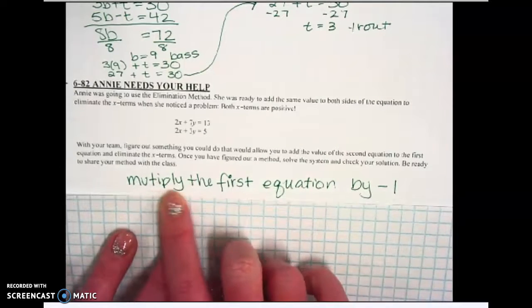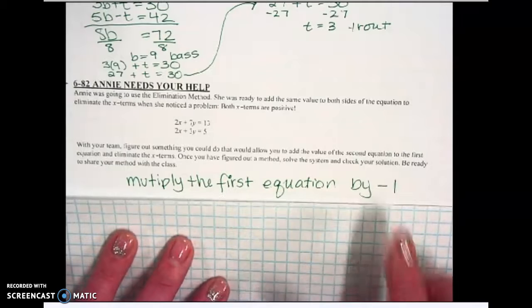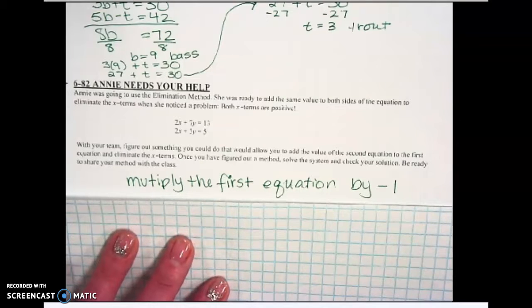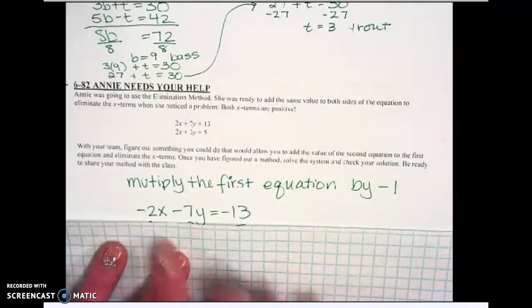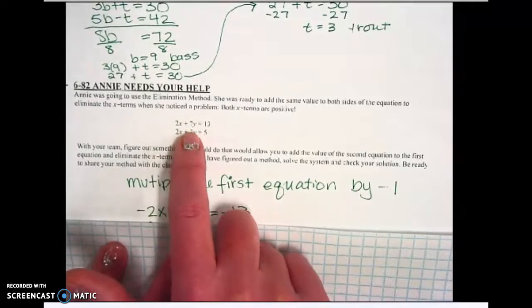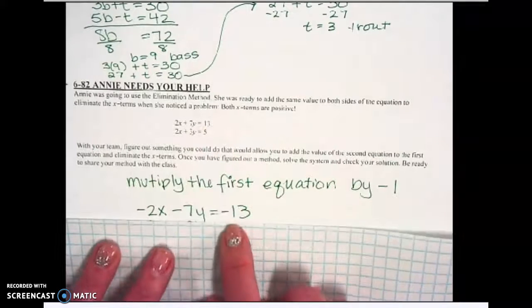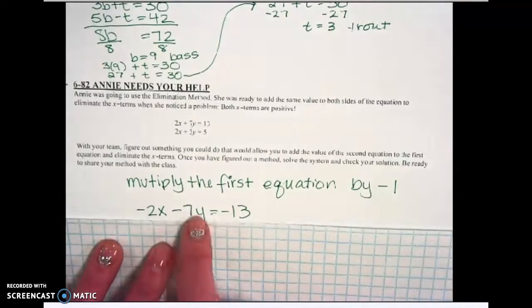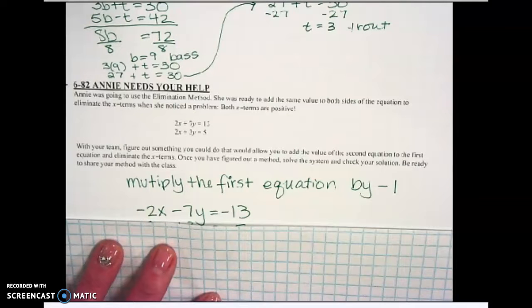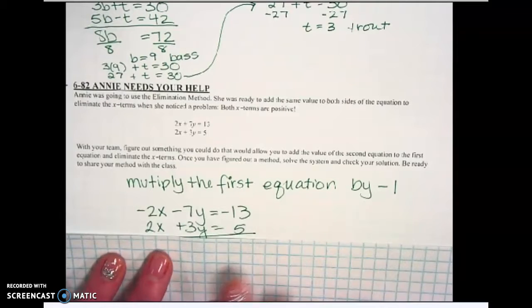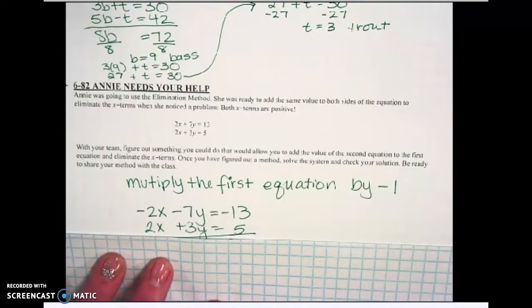So we're going to multiply the first equation by -1. Could you multiply the second equation by -1? Yes. Sure. You pick whichever one you like. I'm going to do the first one. All right? So 2x times -1 is -2x. 7y times -1 is -7y. And 13 times -1 is -13. So basically, everything switched signs. All three parts switch signs, okay? I don't need to do anything to the second equation. I just write it down, okay? Make sure I'm still lined up,